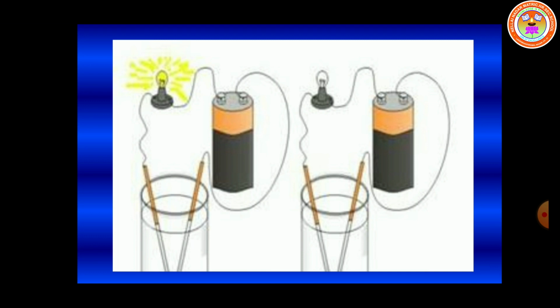And students, we know metals are good conductors of heat and electricity, but alloys have less conductance than pure metals. For example, copper is a metal. We know copper is a good conductor of heat and electricity. So we use copper in electric cables and wires. But brass and bronze are alloys, and brass and bronze are not good conductors. So compared to pure metals, alloys have less conductance.